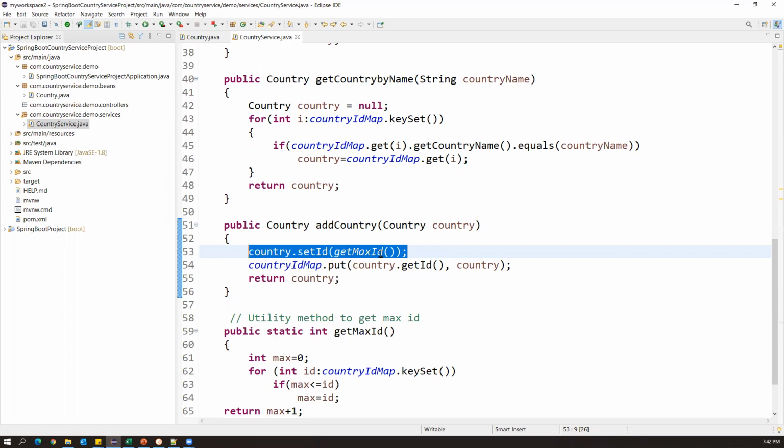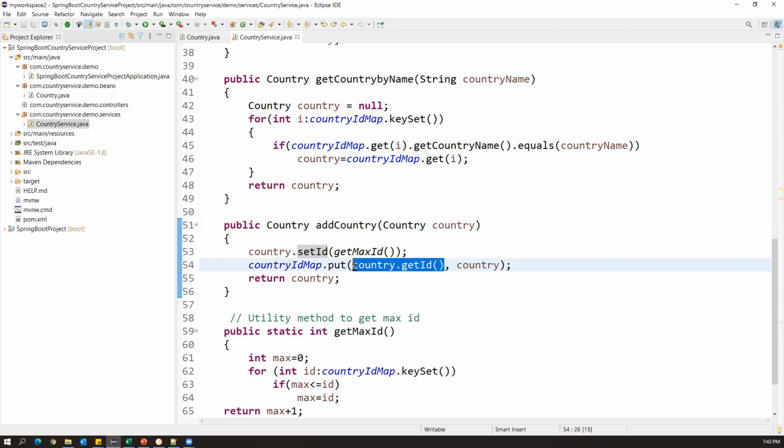The id I'm generating should automatically be set to the new country, and after that from this country, get the country id along with the country object. These two pieces of information we are newly adding to this particular hash map. So this country dot get id is basically a key, and the country is an object which again contains the country id, name and capital.